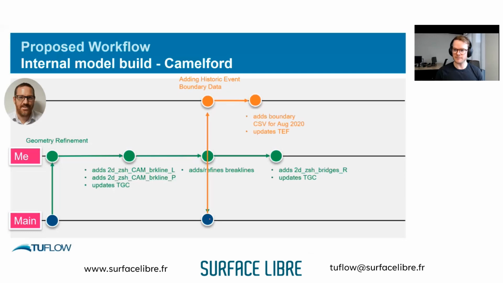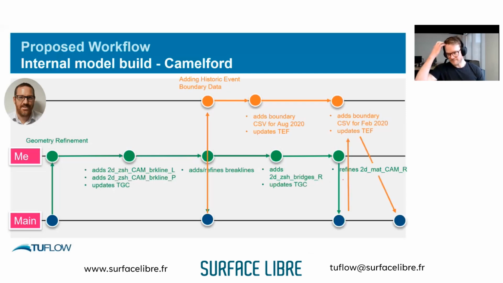So as we go along, we're both working. Duncan's adding some historic events to do some calibration runs. I'm continuing doing the menial task of adding material layers, digitizing material layers, doing the boring tasks, obviously. And then at the end of the day, we both want to commit. So I'm a little bit faster, obviously. So I commit mine first, and then Duncan, to avoid merge conflicts, this is the process you do. He would pull my commits and then push his commits.